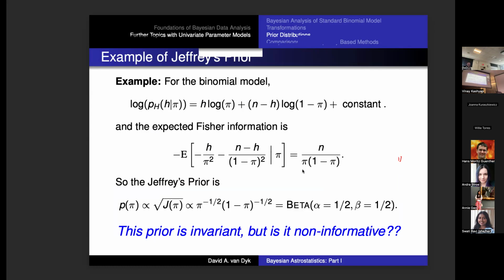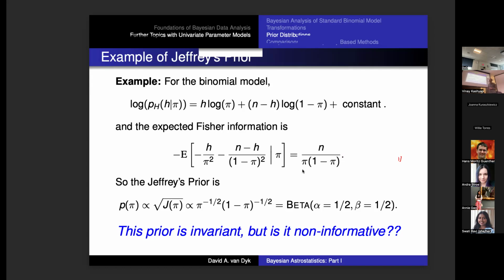The first thing I'm doing at the top is computing the log likelihood. So we have the probability of a hard count to the power of the number of hard counts, times the probability of a soft count to the number of soft counts, and taking the logarithm of that. Take the derivative twice. The derivative of log pi is d pi over pi, so you have 1 over pi, and taking the derivative again, you get a pi squared and a minus sign in the denominator. So it's this thing.